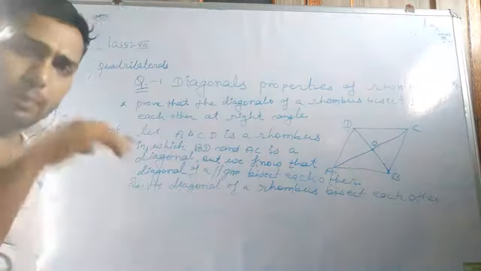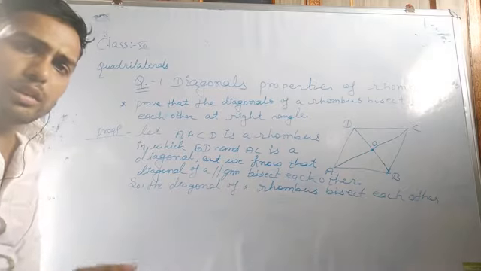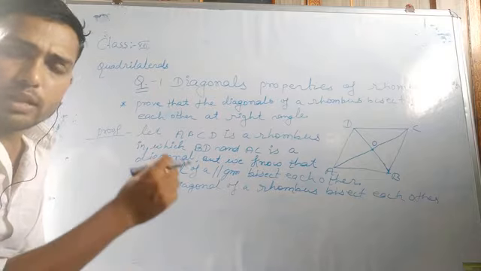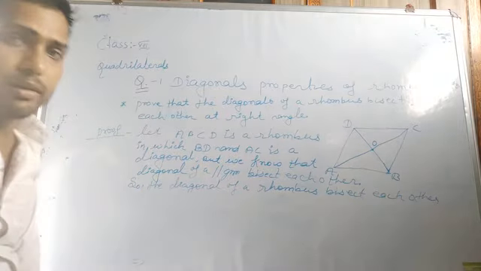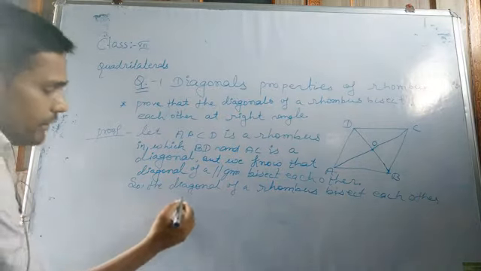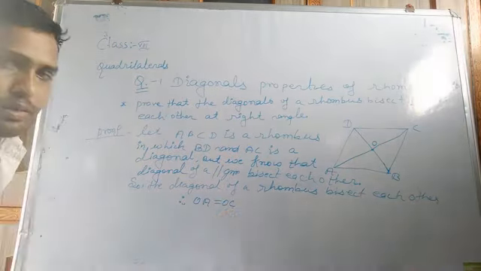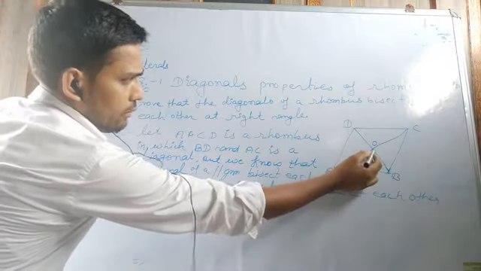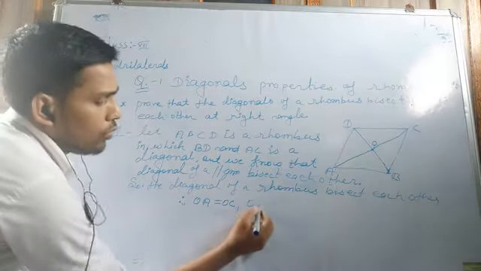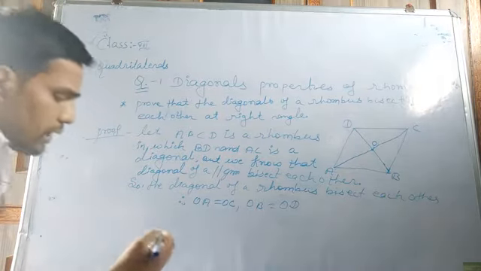If the diagonals of a parallelogram bisect each other, then the diagonals of a rhombus also bisect each other, because a rhombus also has four sides and is also a quadrilateral. We can write OA equal to OC, and OB equal to OD, because both are diagonals. Okay. Now